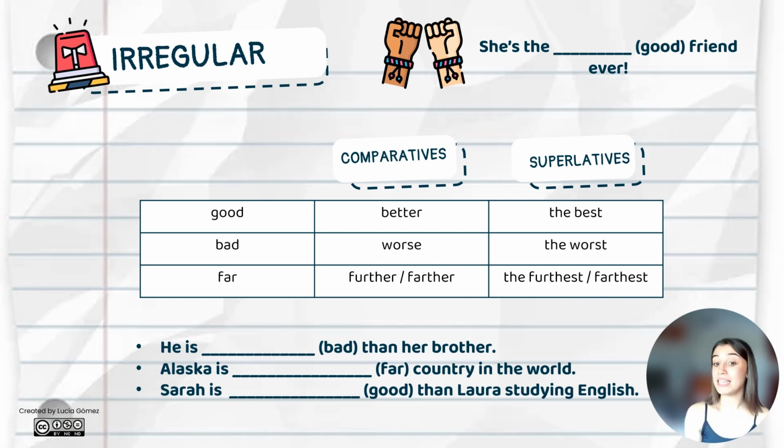Both are pronounced in the same way, las dos se pronuncian de la misma manera, pero la diferencia entre utilizar U o utilizar A viene siendo que la U se refiere a una distancia metafórica. That's why the connector furthermore refers to a metaphorical distance. El conector furthermore, que significa además, se refiere a una distancia metafórica, ¿vale? Realmente. And farther, I don't know if I tell you that Alaska is farther than Málaga, imagine it's a real